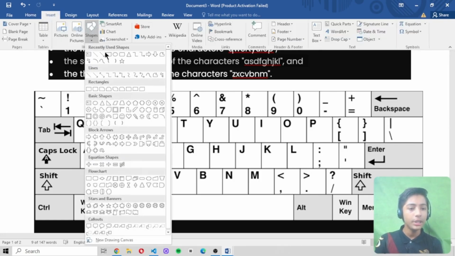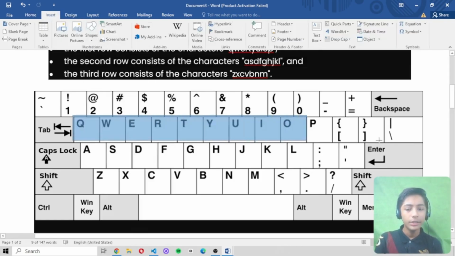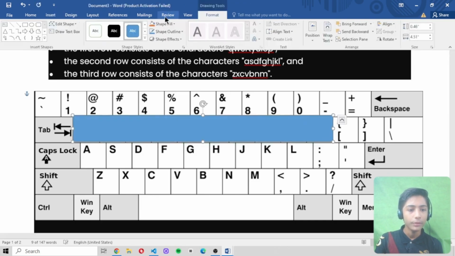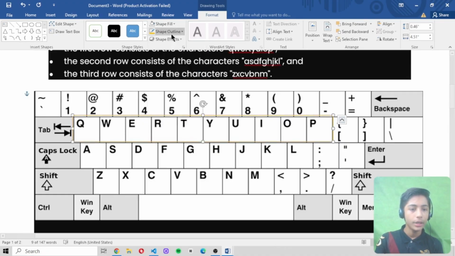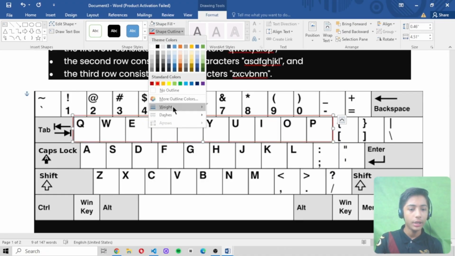Let me make a square. This is the first row. Let me show you. Now here I am giving the red color, and now perfect.